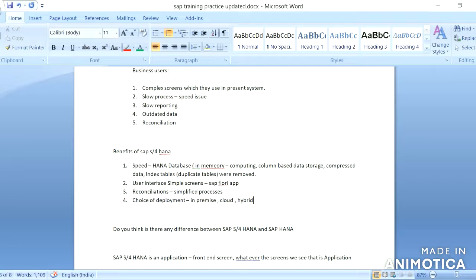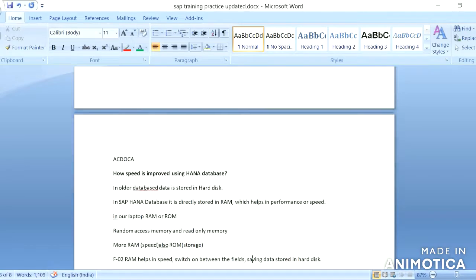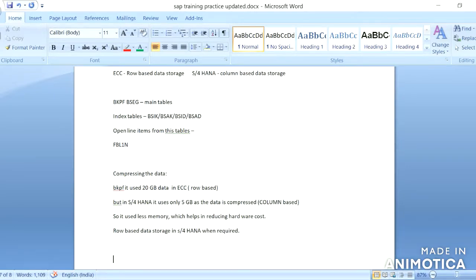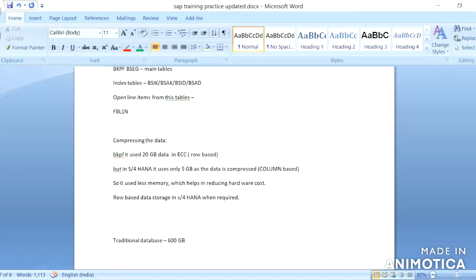We are mainly talking about how the speed was improved. In a traditional system with a traditional database, they were using around 600 GB of RAM.